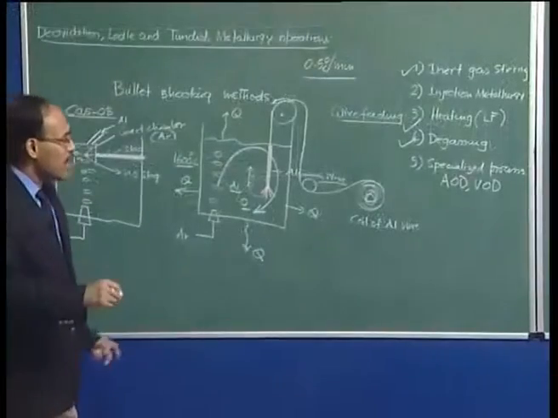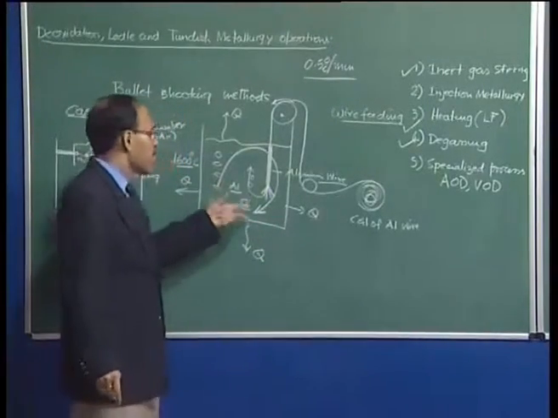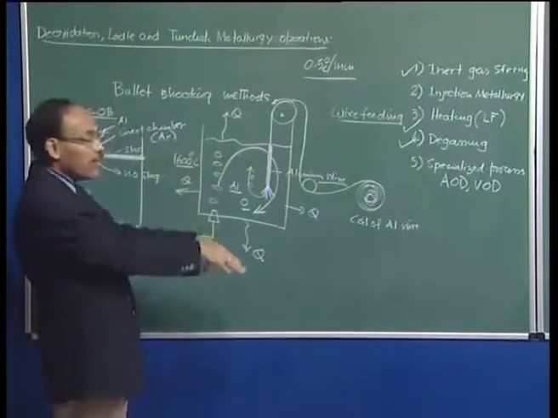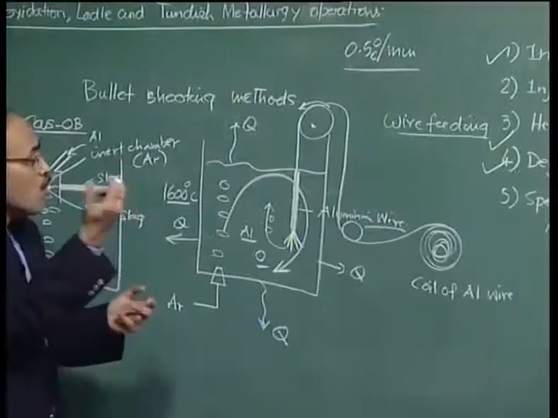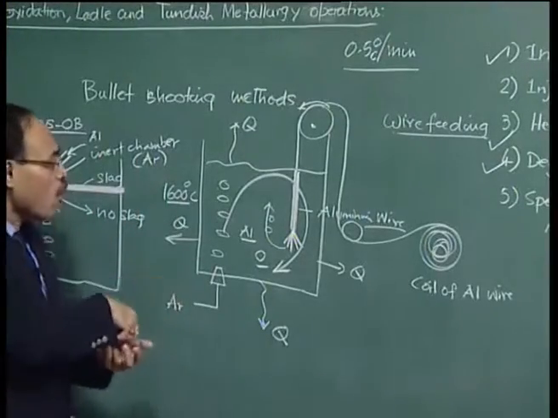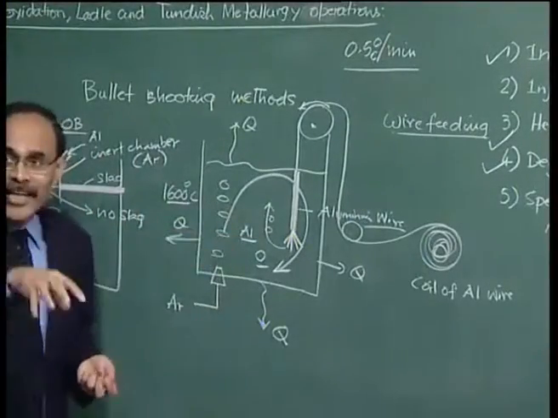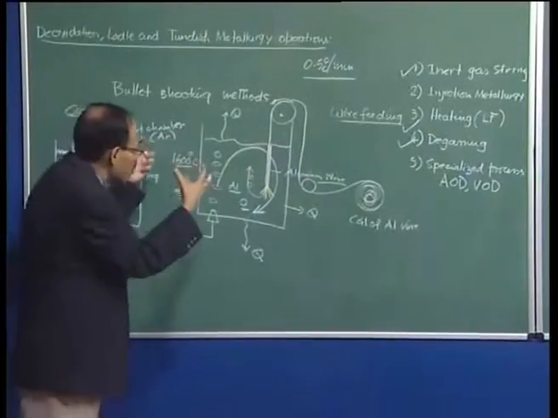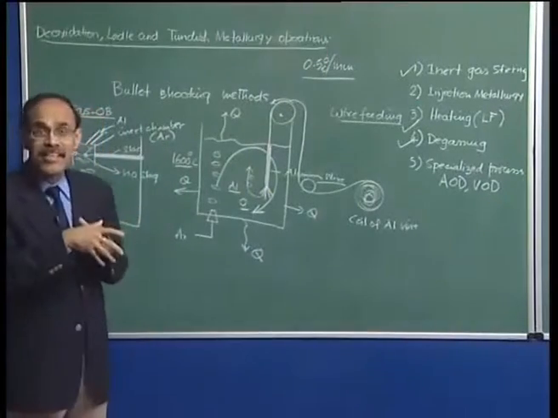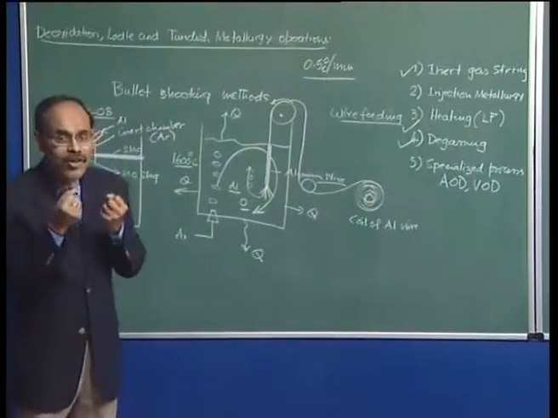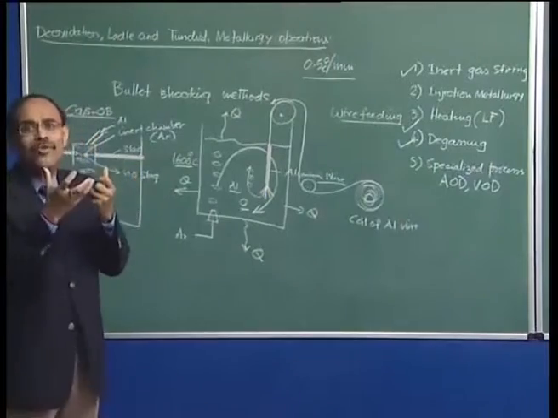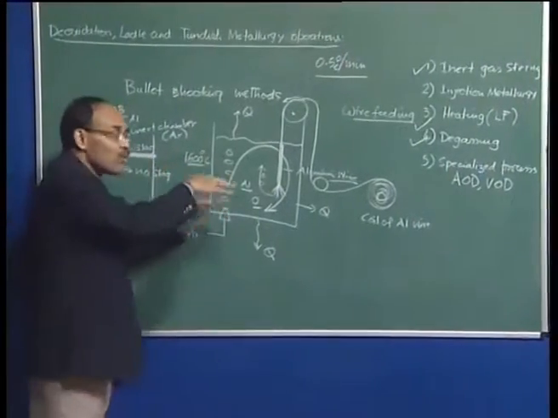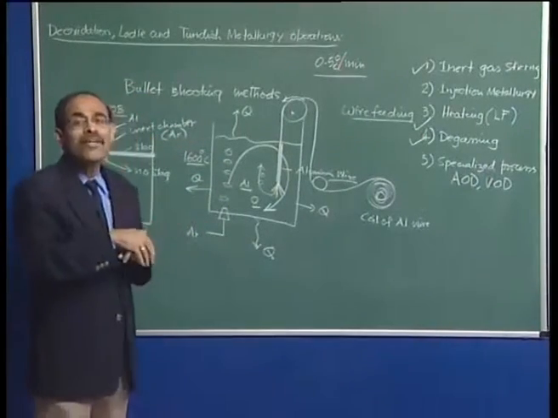Also, we must understand that in the secondary steel making or ladle metallurgy operations, we may be using different solid reactants, we may be forming slags, we may be injecting some solid species, or we may be adding some alloying additions to adjust the composition of the steel. These alloying additions, the dissolution of lime for making fresh slag, etc., are going to consume heat. These are all endothermic processes, and the heat is going to be taken away from the metal, and as a result the metal temperature will drop significantly.